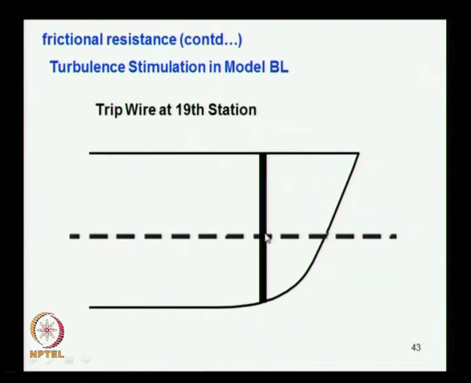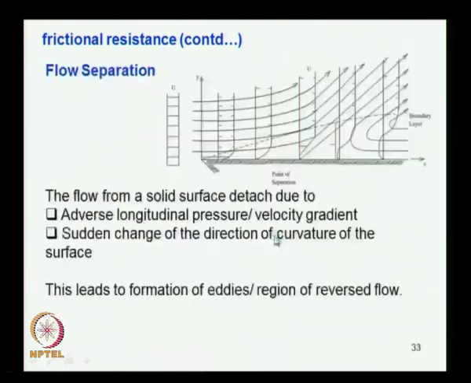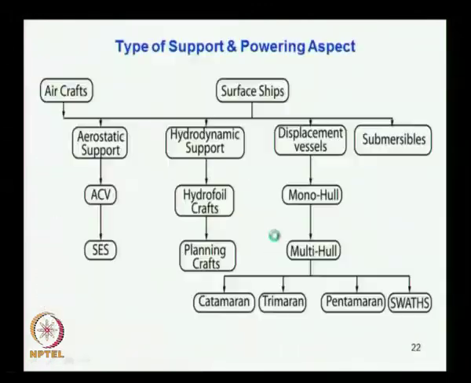Why it is put at 5% is, we have already seen that the local Reynolds number is less. So in the ship and also the model, even if you consider the ship, the local Reynolds number is less. So even for a ship, I think we have seen one of the diagrams before, it is going to be laminar, isn't it?